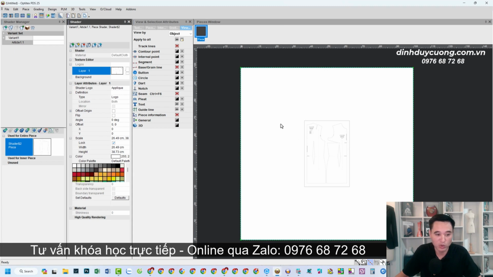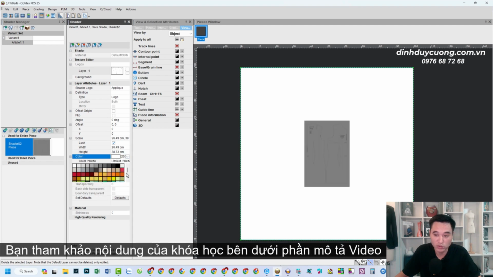If you want to change the color of this background, look below. There's a section under this shadow part. There's a color option here. Click on the number on the right here and choose a color so it can be a bit darker. Let's go with gray. There you go.